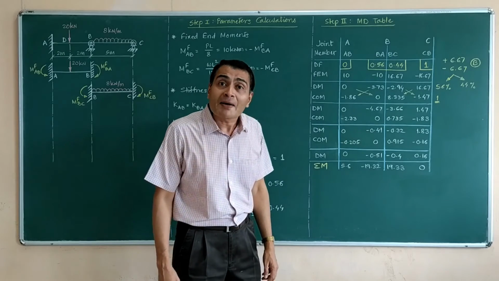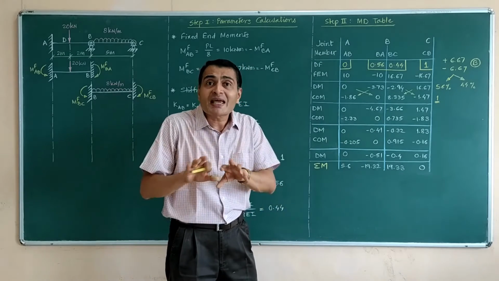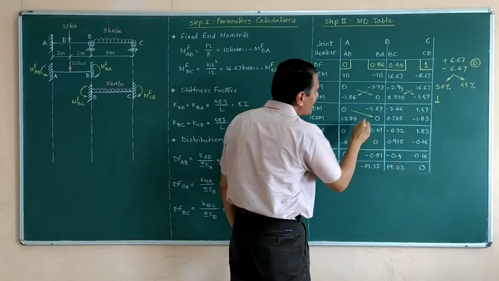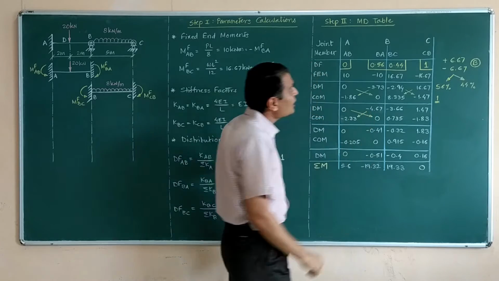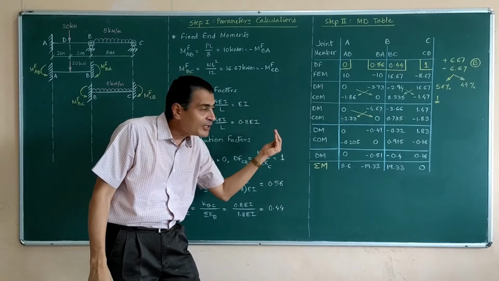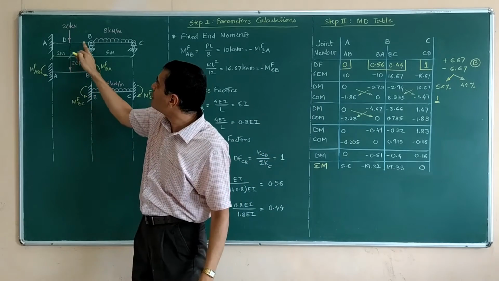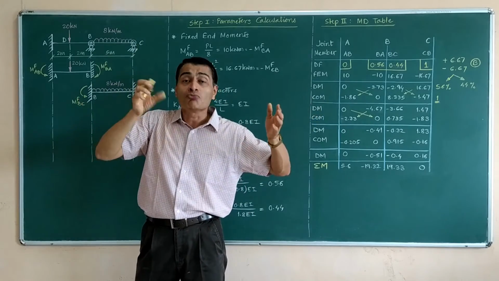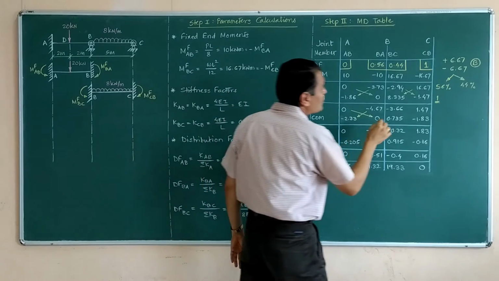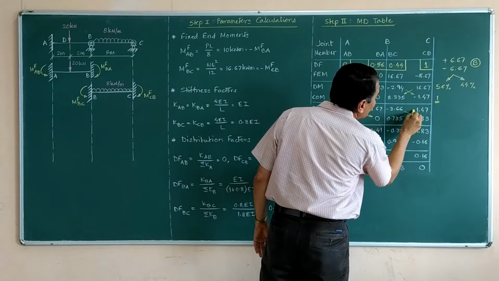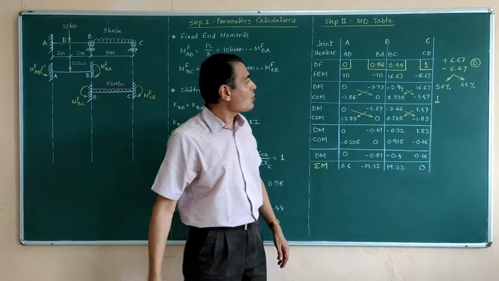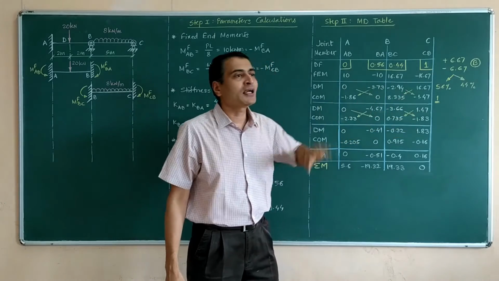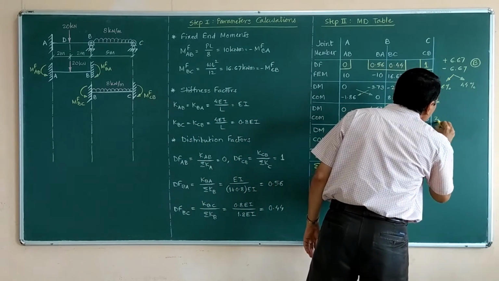What do I do, or what happens actually? Half of this will be carried over. So half of 0 carried over to joint B, half of negative 4.67 at B coming to A. Whatever is absorbed here, going here. Whatever is absorbed here, going here. That's all. 56%, half of that. 44%, half of that. So in the same way, half of this is going here and half of this is coming here. So now I have 0, 0.735, minus 2.33, minus 1.83 and my cycle 2 is over.